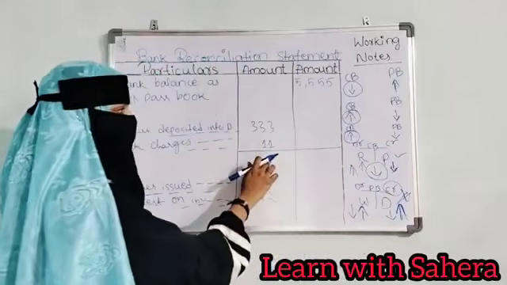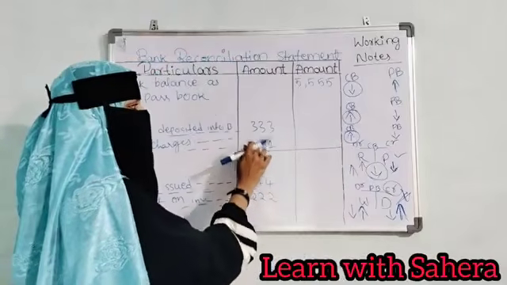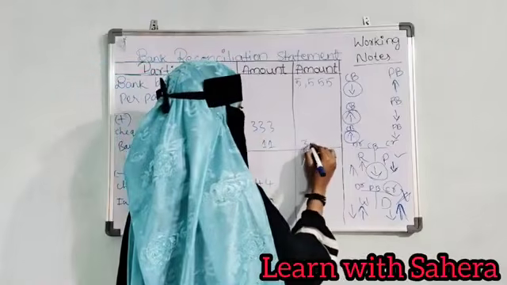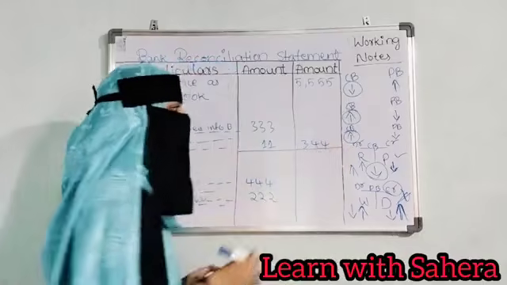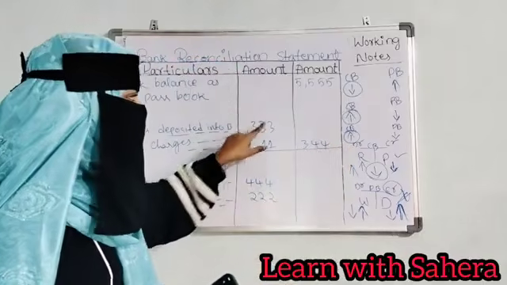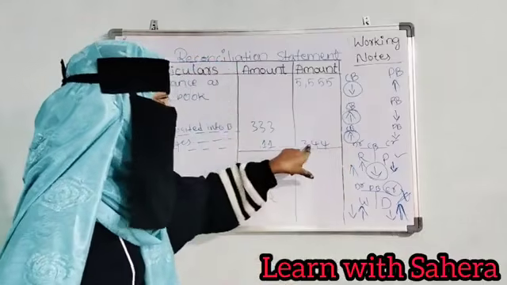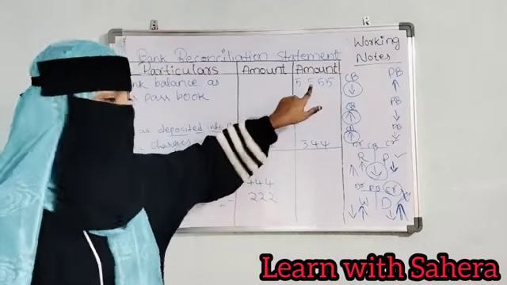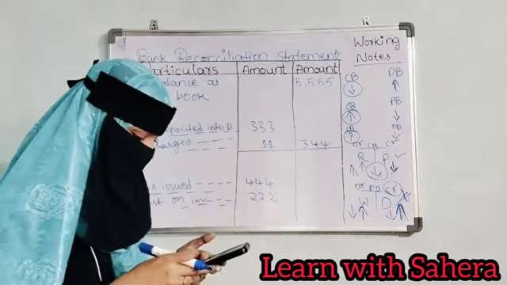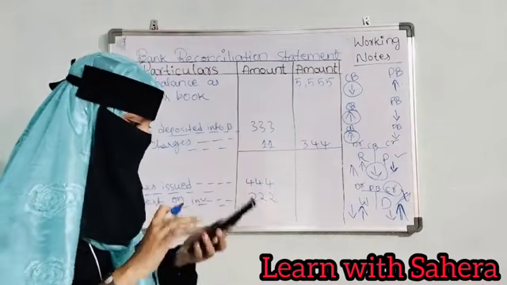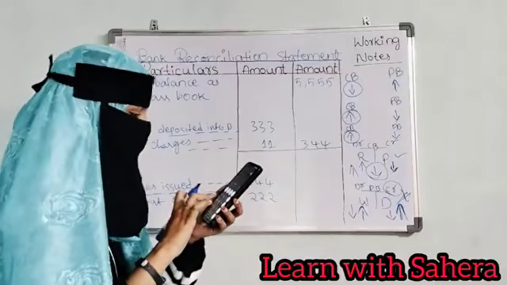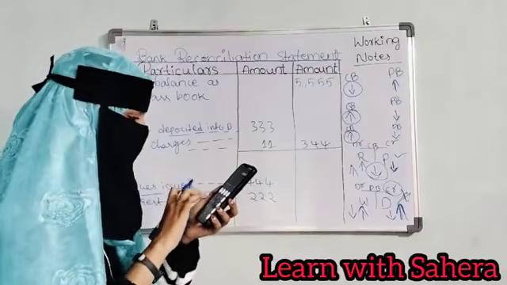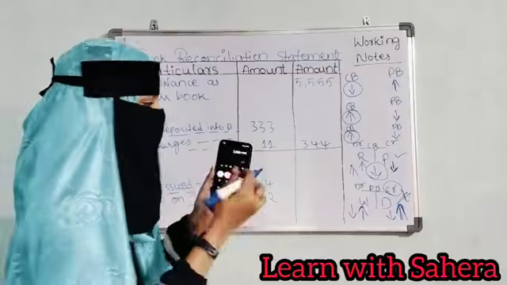You have to add this amount. 4, 4, 3. Yes or no? 3, 4, 4 is the amount. Now, after adding this amount, what will be the total you have to write here? And now again you have to add both of these amounts. If you add both of those amounts, what will it be? Let us see. 5, 5, 5, 5 plus 3, 4, 4. How much is the amount? 5899.